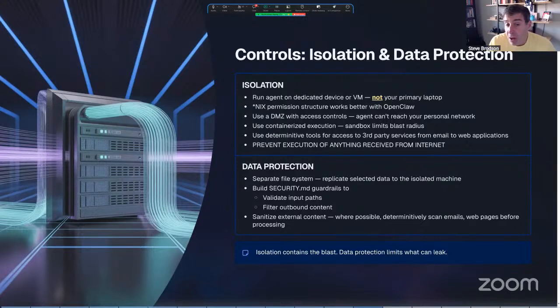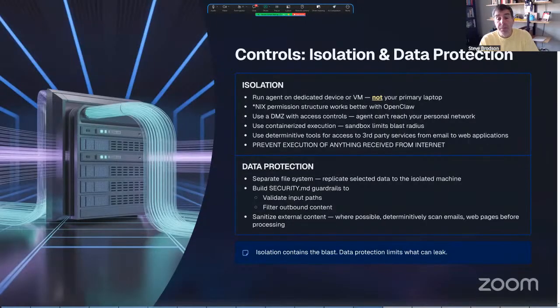I put my OpenClaw on a separate box in a demilitarized zone on my network. What that means is that it's behind a firewall, which actually has a layer 7 proxy. So I now have policy controls over what my box can access and what it can't. My open source project is built around building a policy layer and an observability layer around that. There's an option within OpenClaw to run any tools within containers, and that's awesome because it protects what we call the blast radius. If something compromised one of those agents, it would not be able to escape the container.